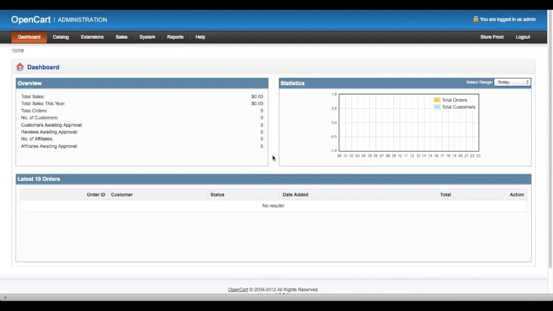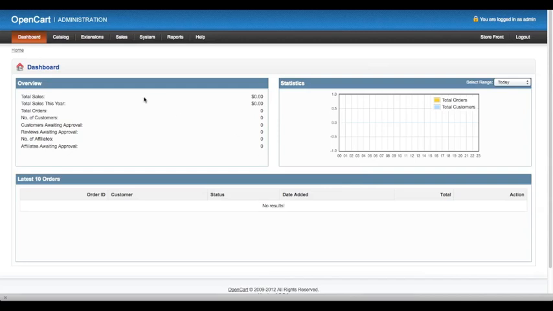Upon logging in, you will first see your new OpenCart dashboard. We are using a completely fresh and default install of OpenCart for our video today. This dashboard you're seeing will give you a general overview of your sales. As of right now, it may seem pretty dull, but once your store takes off and sales start coming through, you will notice these areas start to fill out.